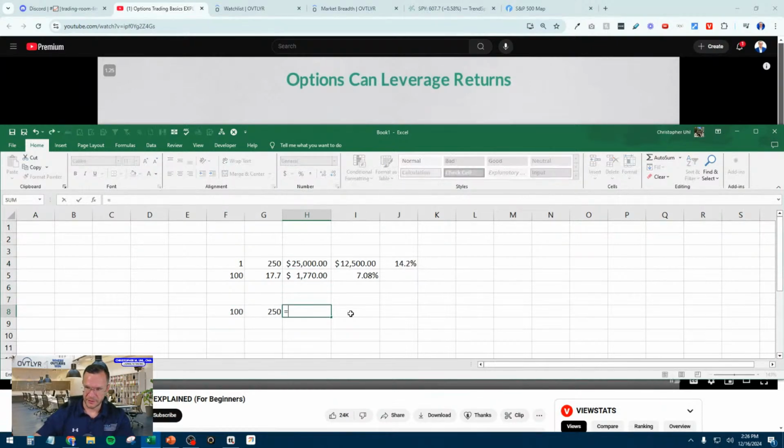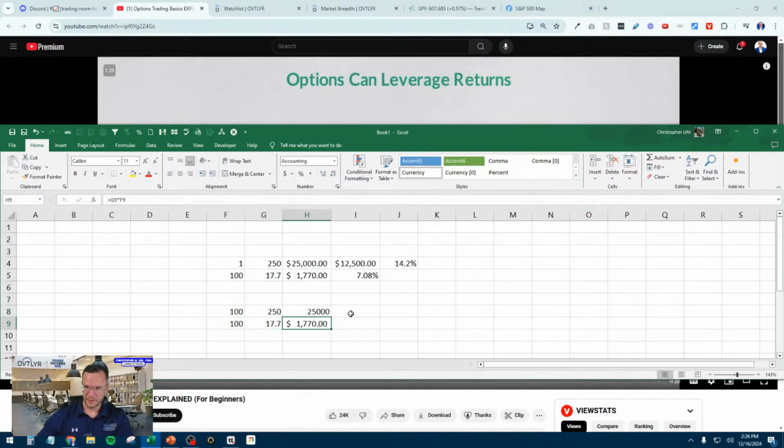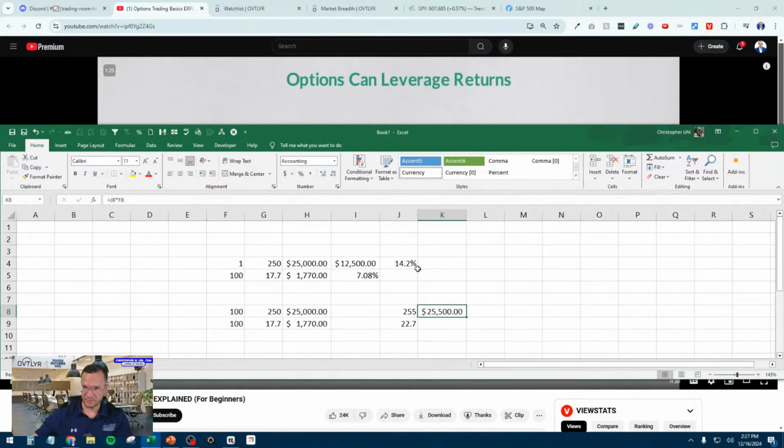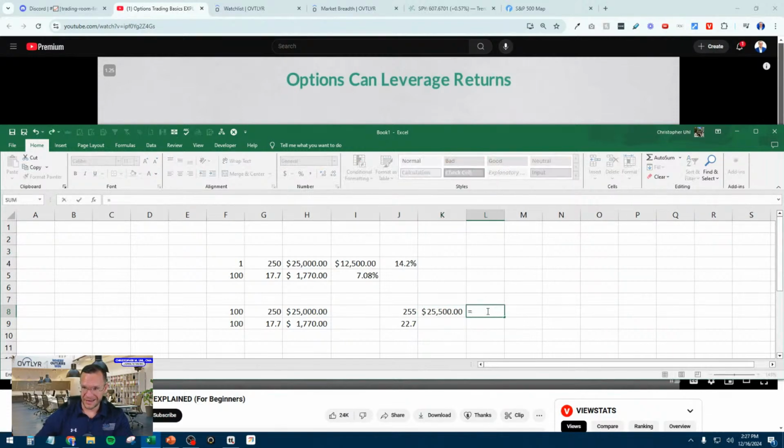So this times this, okay? And same thing here, right? Let me format that. Now, let's say that it went up $5, okay? So it went to $255, but this one's also going to go up $5, give or take. We're rounding here, equals this plus 5, okay? Now we multiply this times 100. That's 25,500, right? Which sounds great, but our gain on that is